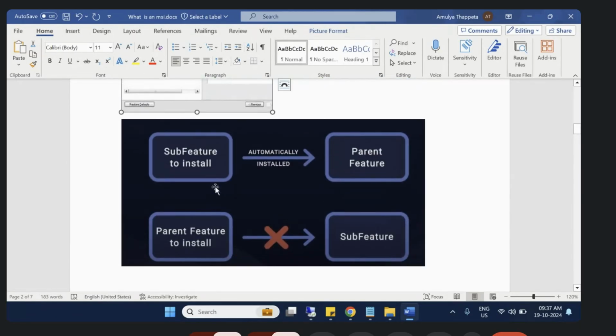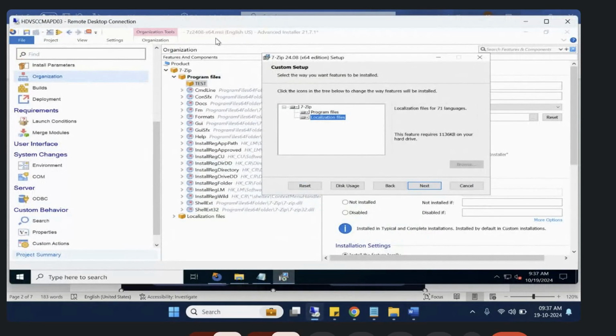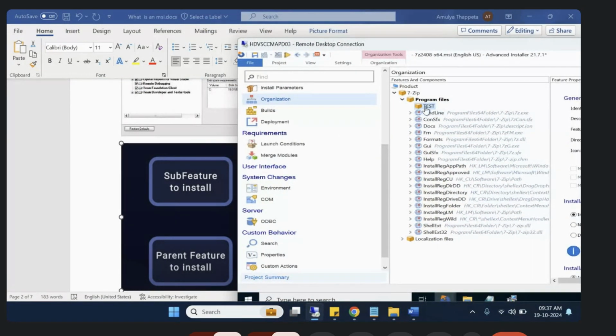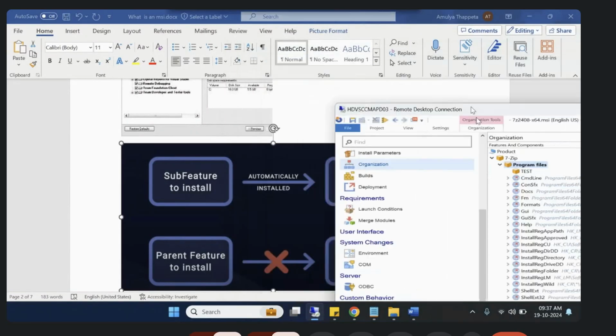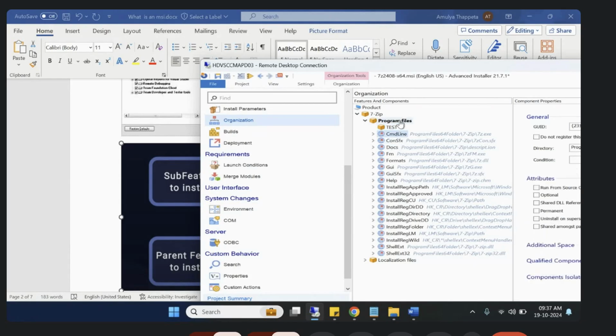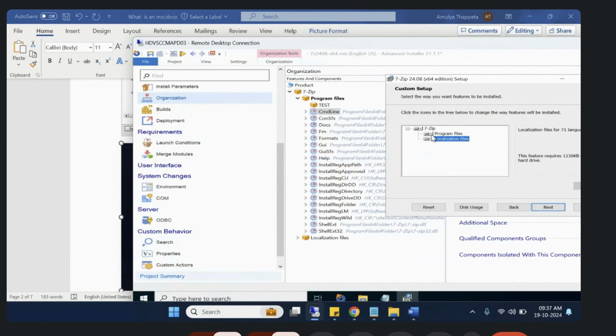If there is any sub feature for a particular feature, this is a feature, and this is a sub feature. So if a sub feature gets installed, that means this particular parent feature is also getting installed. Means if the child feature gets installed, the particular feature will get installed, because if you see this, you're going to select